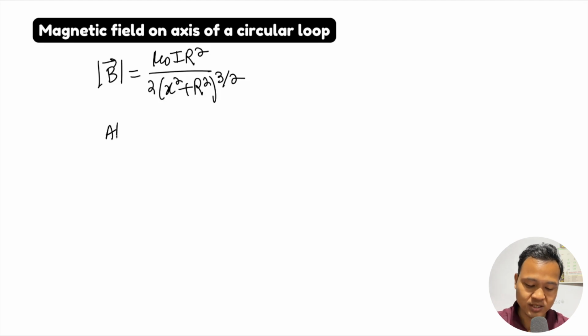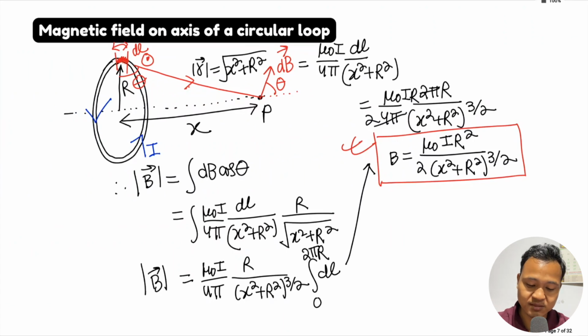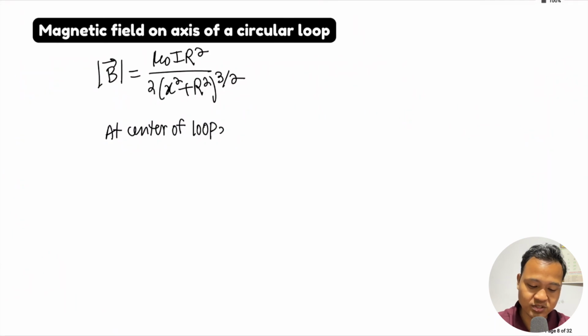So at the center of the loop, the magnetic field is at the center. If you want to find the magnetic field at this point, the x value is 0. So you bring this point here to the center, and x becomes 0. If I put x equals 0 in the formula, here the magnetic field at the center